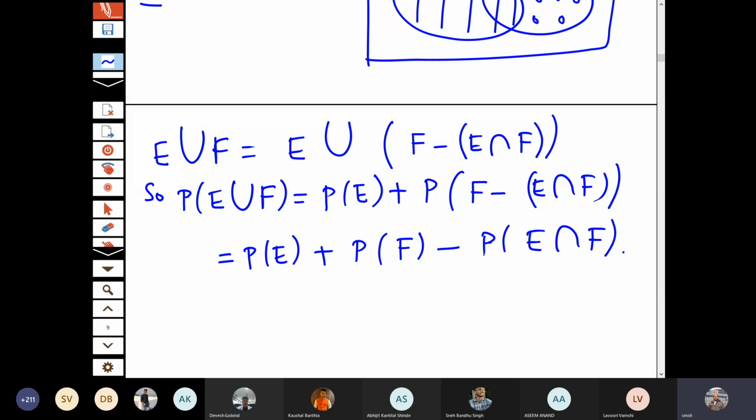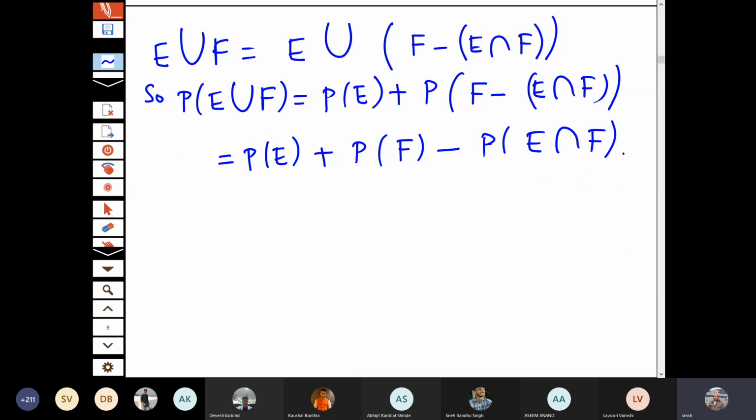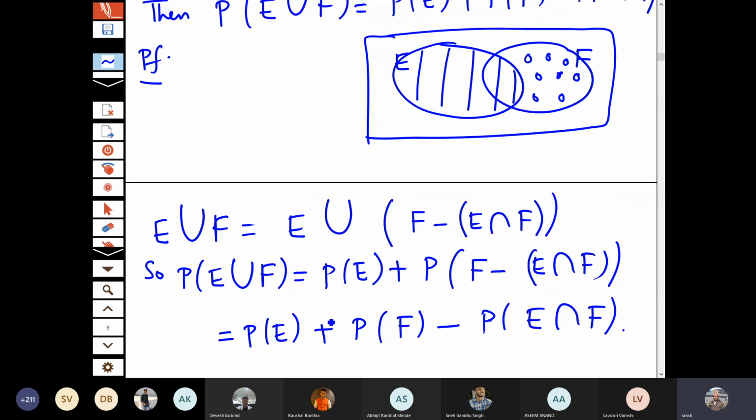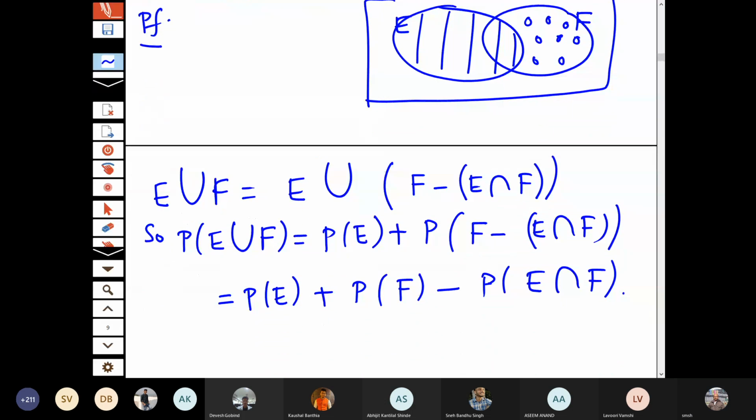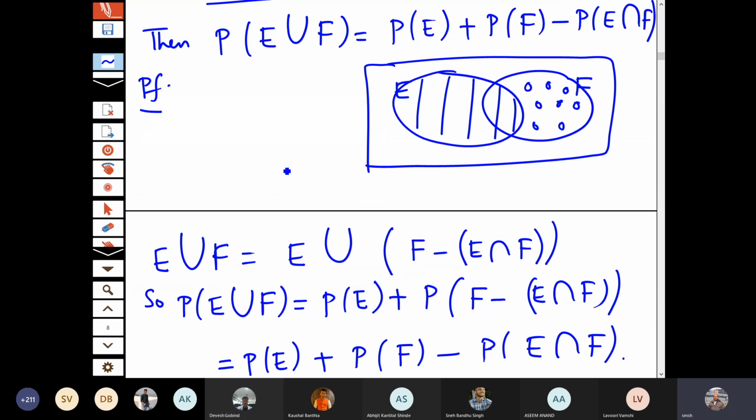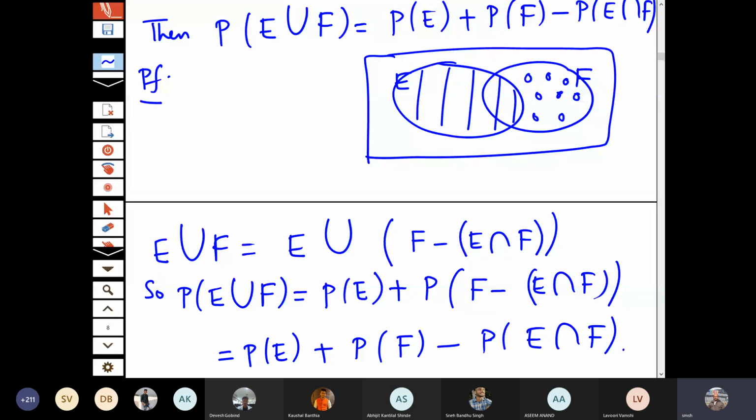Obviously, if I have more than 2 events, say 3 events, 4 events, and so on, then there is a generalization of this formula. So let me then give the general addition rule here. Is the proof clear to everyone? Yes, sir. Do you have any doubt in the methodology? We just use the axiomatic formulation and whatever basic properties we have already derived. I have just used that only.